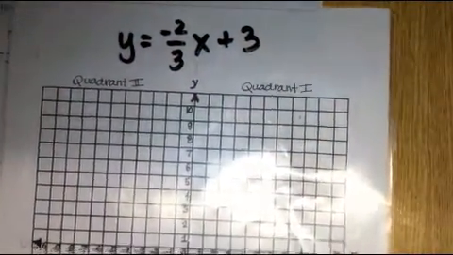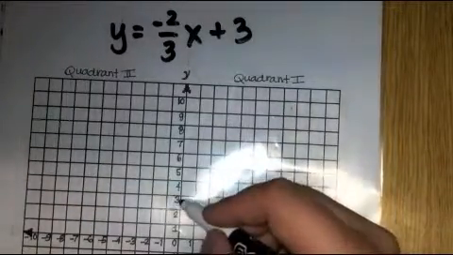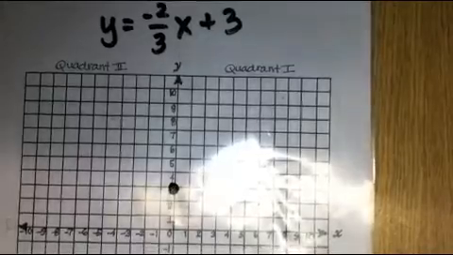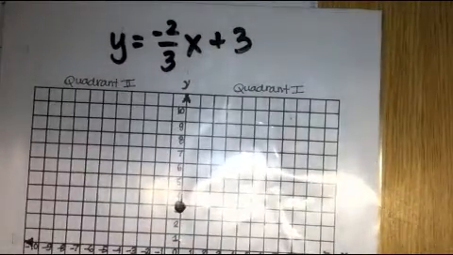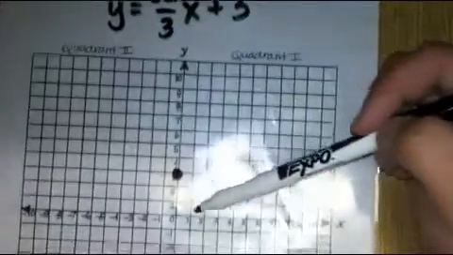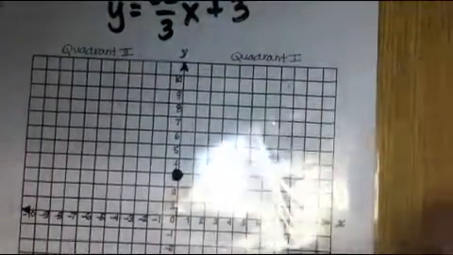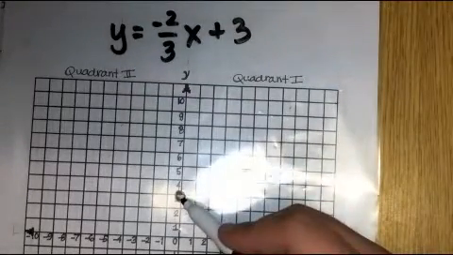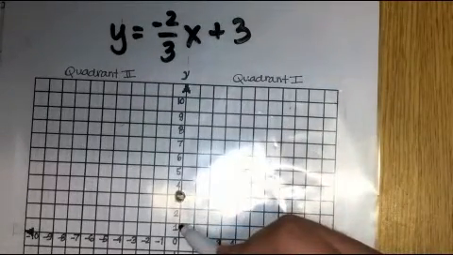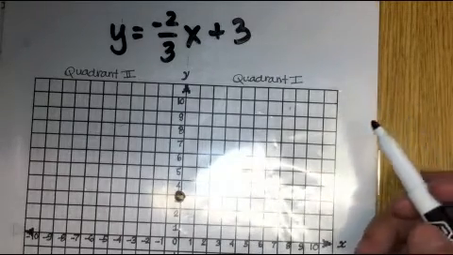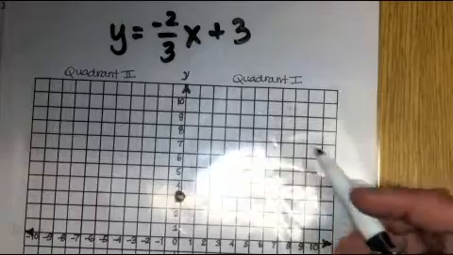Okay, so I'm going to start at positive 3 on the y-axis. So there it is. Okay, and my slope here is still negative. Okay, so my line should definitely still go downhill. But the question is, how far should my line go downhill? Well, from the y-intercept, I should be going down 2 units and to the right 3. Rise over run. Okay, do not run and then rise. You're rising